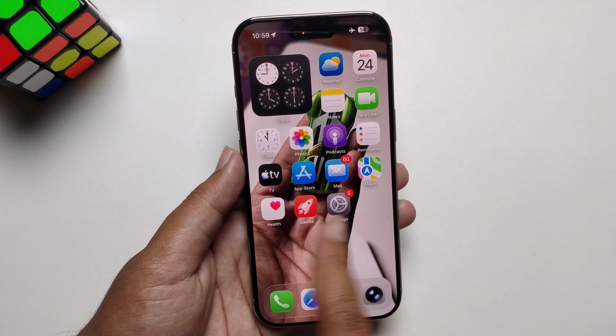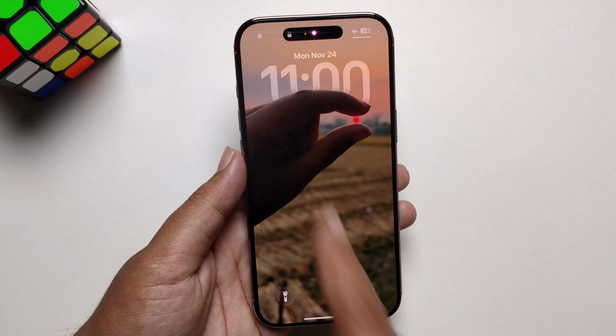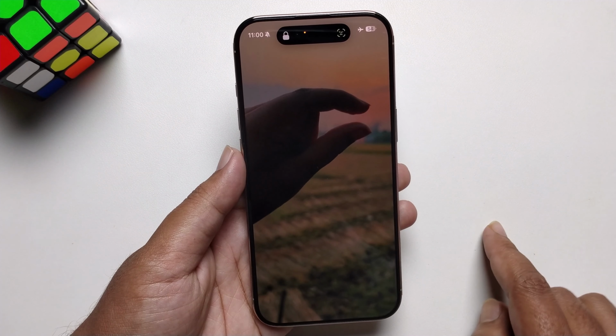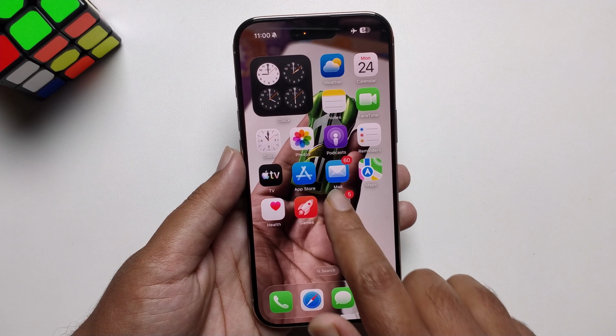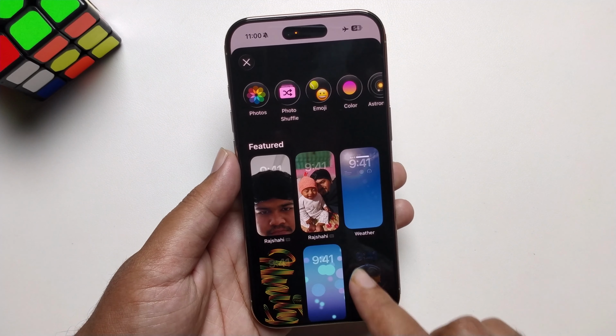So as you can see, I changed my home screen wallpaper, and this is my lock screen wallpaper. Or if you want to add any iOS wallpaper,